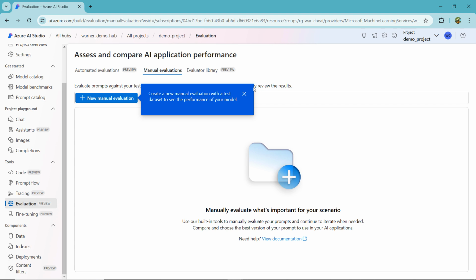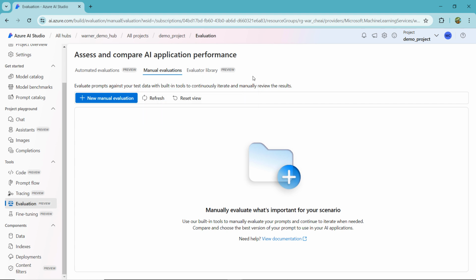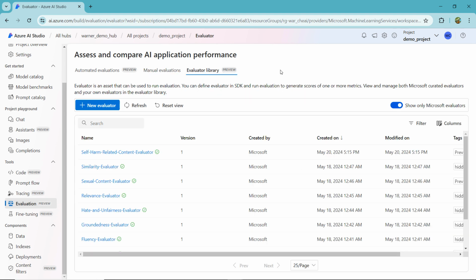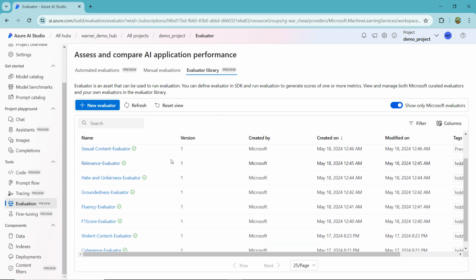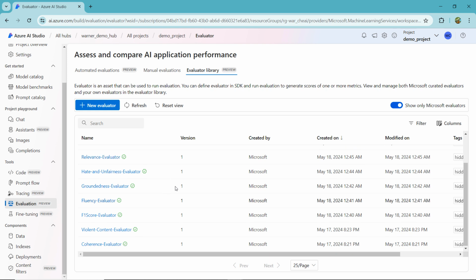You can also do manual evaluations. This is where you have to actually define a labeled set of inputs and then say what is the expected output, and then the system will evaluate the expected output against the real output. And then we also have the new evaluator library. So you see here Microsoft is creating different evaluators for your LLMs, for example, in terms of self-harm related content evaluation, similarity evaluation, sexual content evaluation, relevance, hate evaluation, groundedness, all these evaluators to make sure that your LLM is